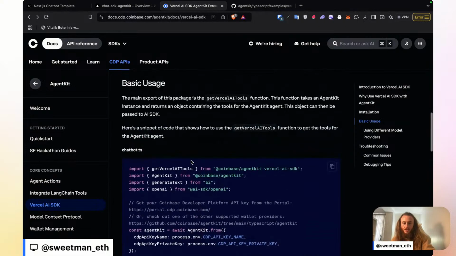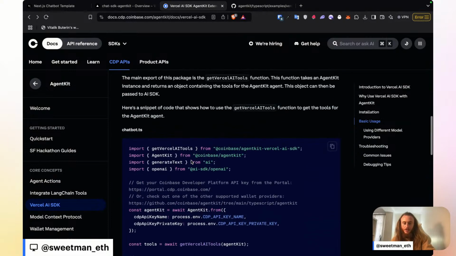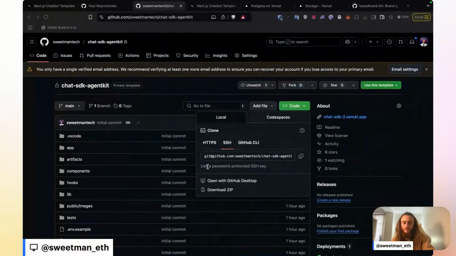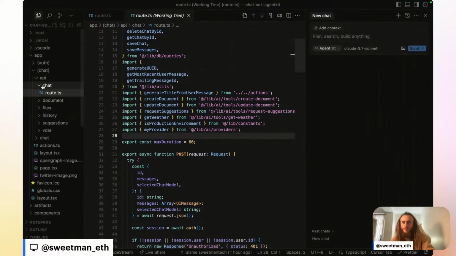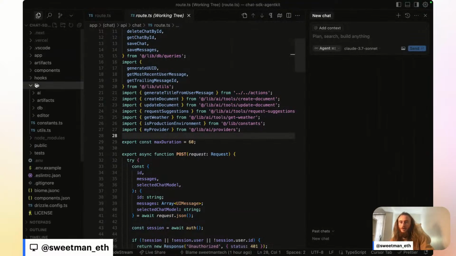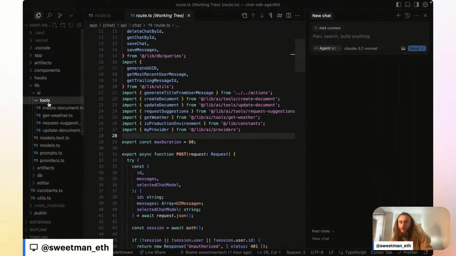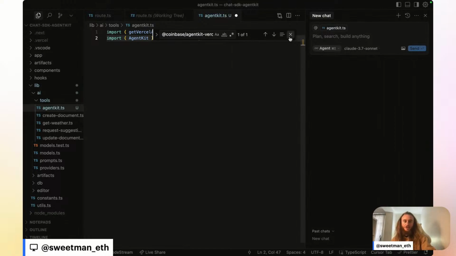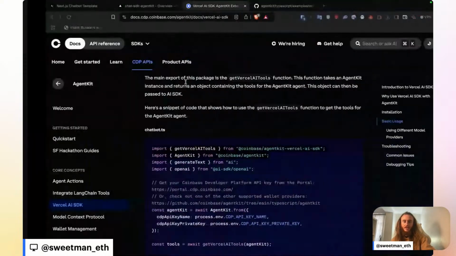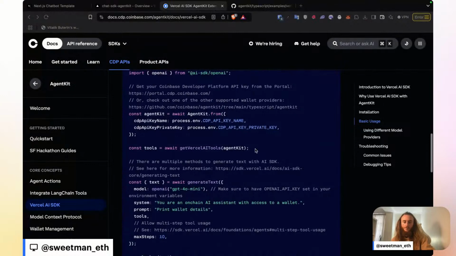We got our API keys already. Those are already sitting inside of our environment variables file. Now I'm going to make a new file, app lib AI tools, not new folder. I meant to do new file, agentkit.ts. And let's do all of our definitions of our tools in here just to fully isolate the